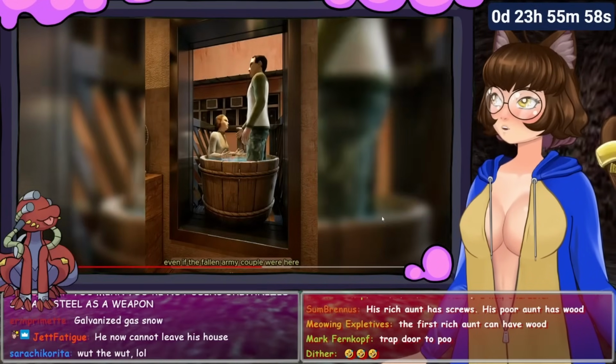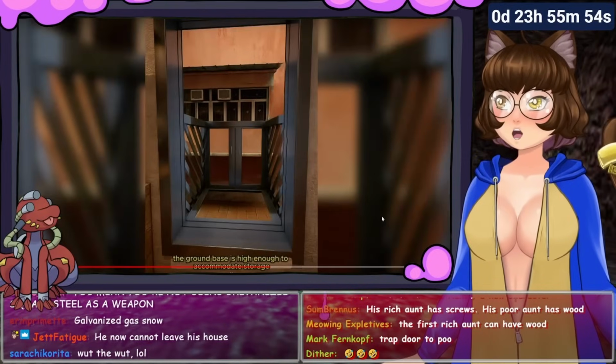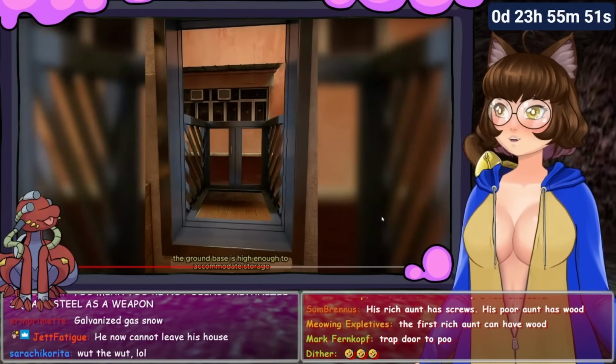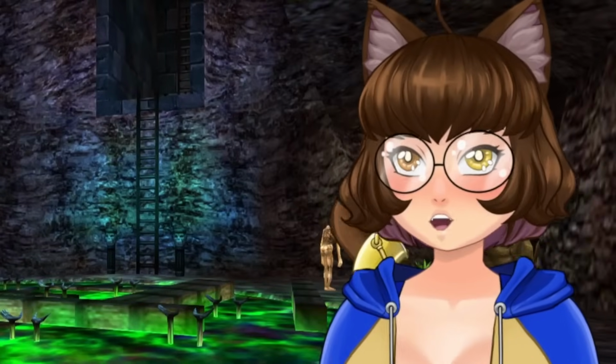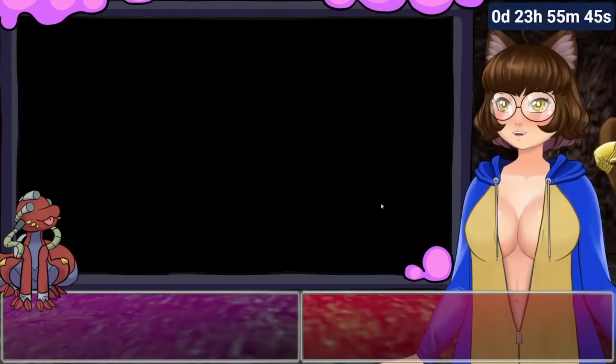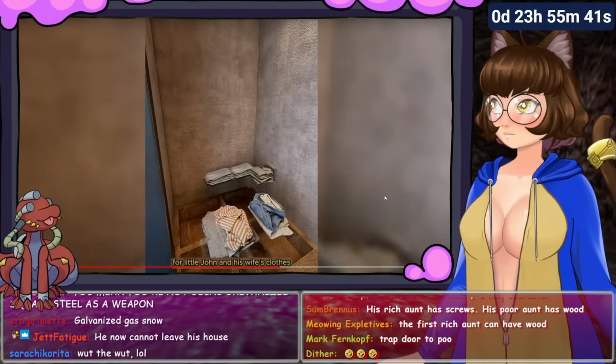Even if the fallen army couple were here, this balcony wouldn't budge an inch. The fallen army couple? Who are the fallen army couple, and are they also swingers? I have to know. The ground base is high enough to accommodate storage for Little John and his wife's clothes